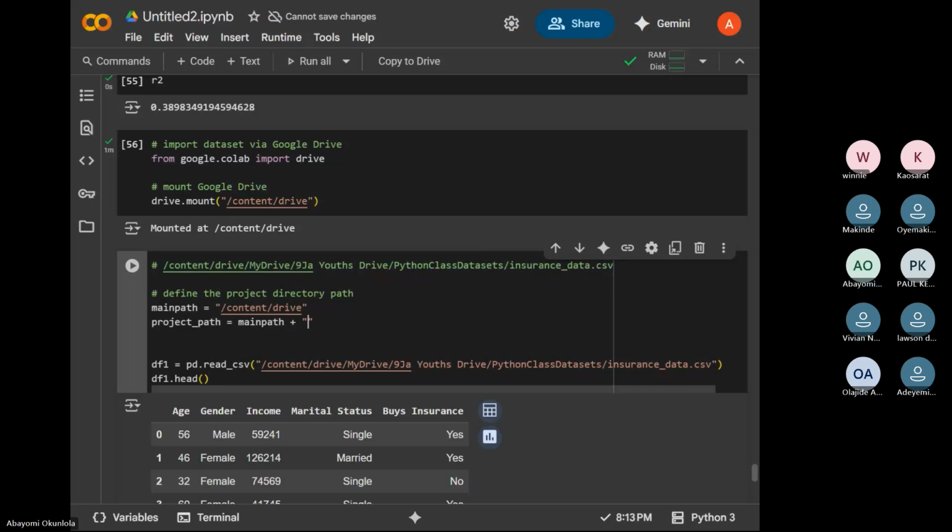So that means you want to create a link, this one plus this one. So let me even uncomment these two so you can see what I'm trying to show you. So if I should say print,